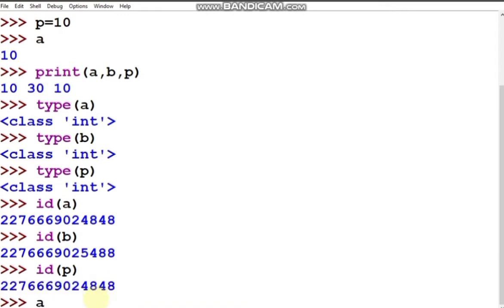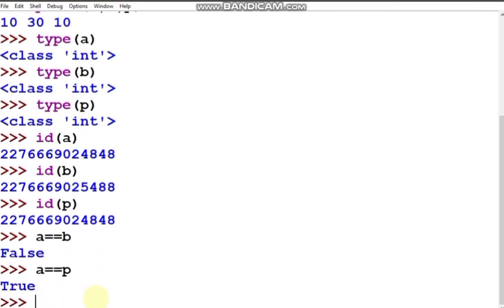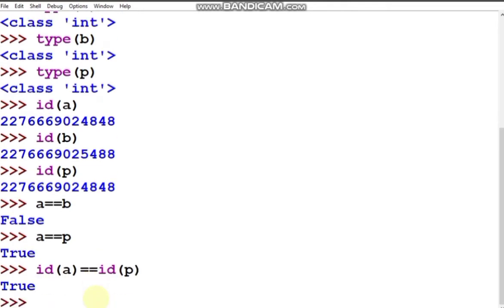So now if you check A is equal to B, both of them are holding different values, 10 and 30. A equal to P, both of them are holding the same value, 10 and 10. If I want to check ID of A is equal to ID of P, what will be the value? Yes, true, because both of them have the same memory location.